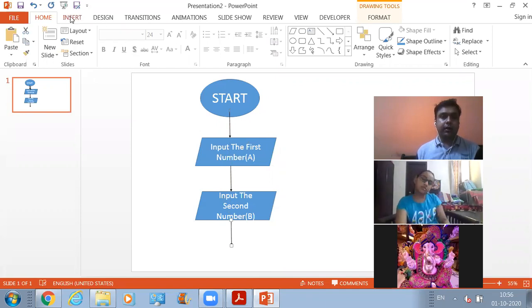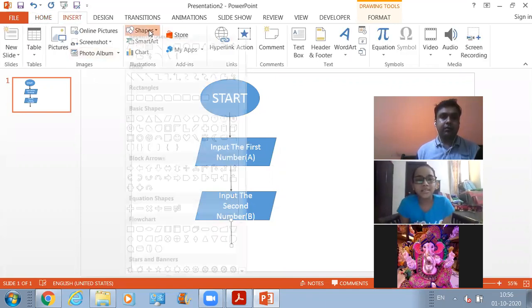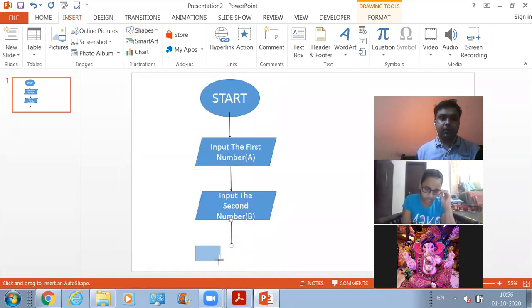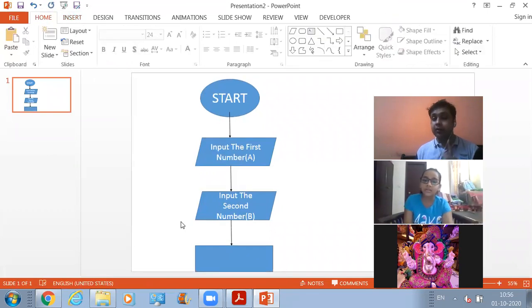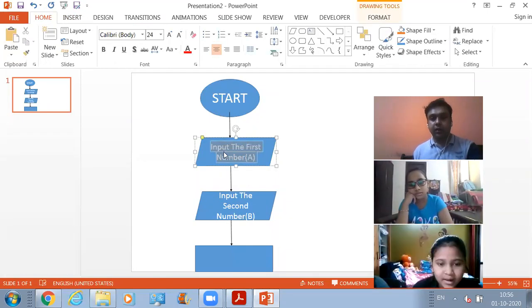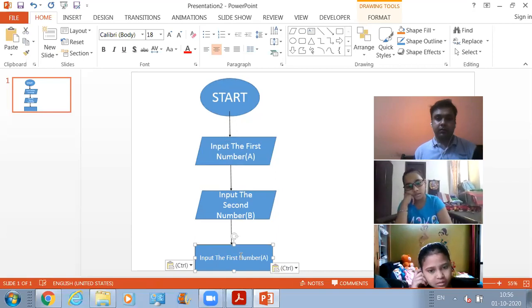Sir, in step 5, we will calculate the sum of 3 entered numbers. Divyansh, the question was to calculate the sum of two numbers. It was not three numbers, it was two numbers. Sorry, sir. Calculate the sum of 2 entered numbers.